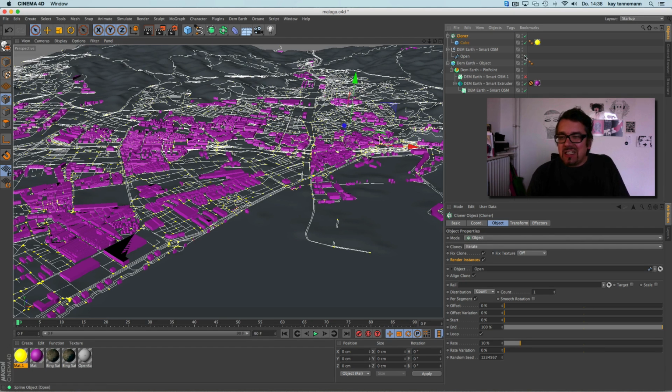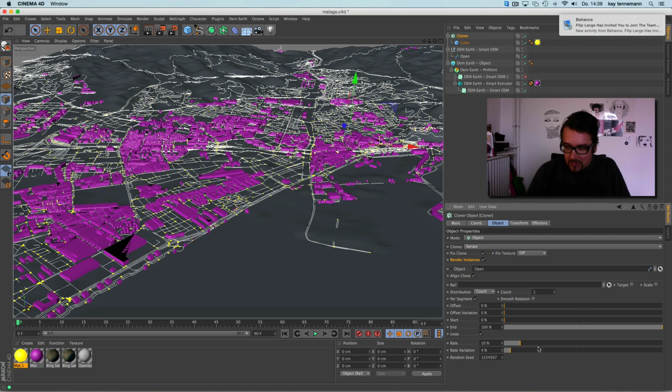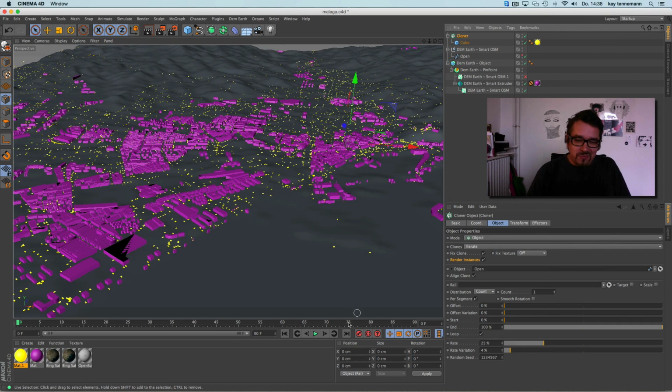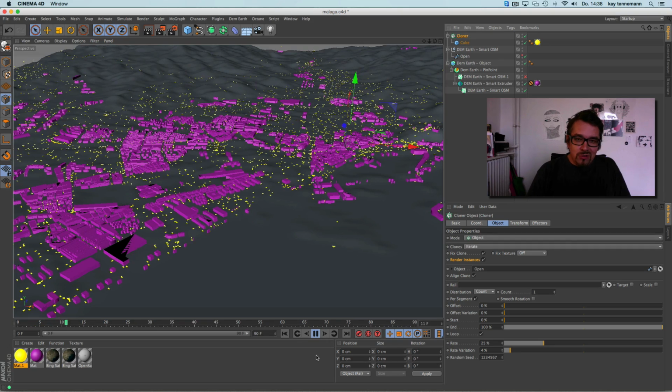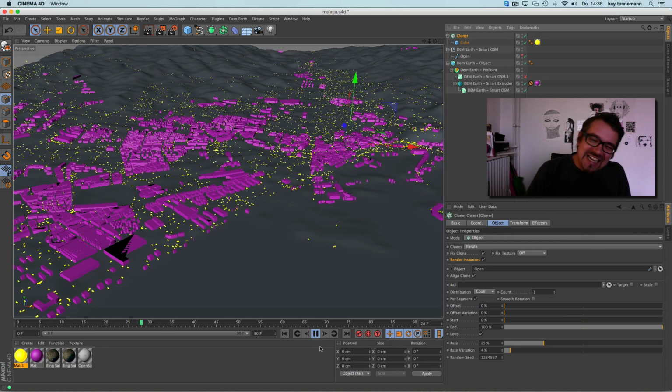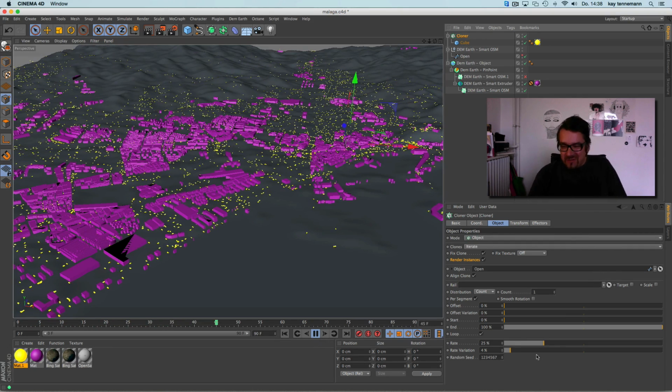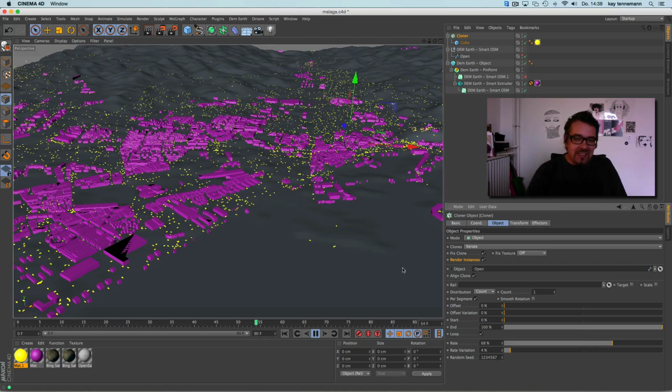And this means, I don't know if you know, in the MoGraph cloner you can set objects on splines and give them a speed, like this. And now, woo, everything moves on the street. So maybe like this. You see?